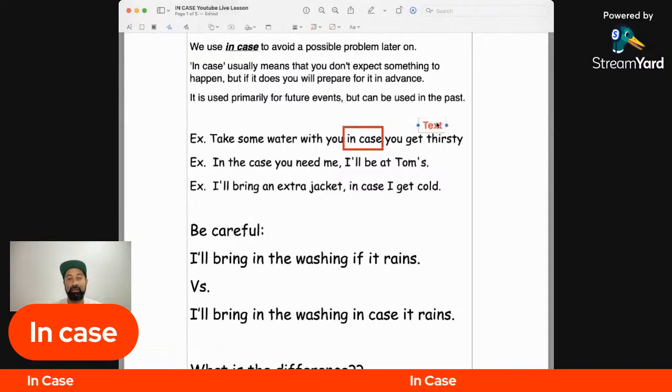Thirsty. Does everybody know what thirsty means? If you know what thirsty means, just give me a thumbs up in the comment section if you can use your emojis, or just type yes. If you don't know what it means, please give me a thumbs down or no, and I will go over what that means. Is everybody comfortable with the word thirsty?